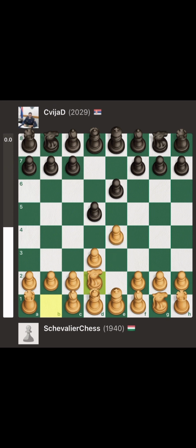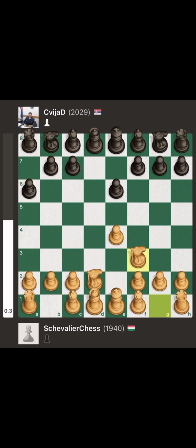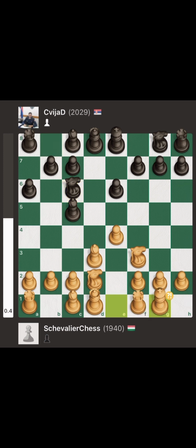So then you get a continuation of d takes e4, pawn to a6, knight gf3, bishop c5, bishop to d3, knight c6, kingside castle. And then you get queen to f6 from Cvijad, which is a mistake because you're bringing your queen out early